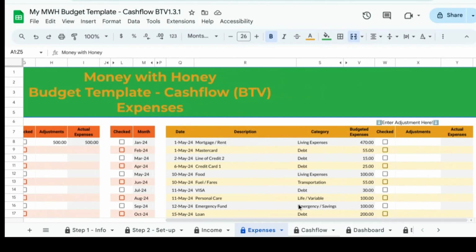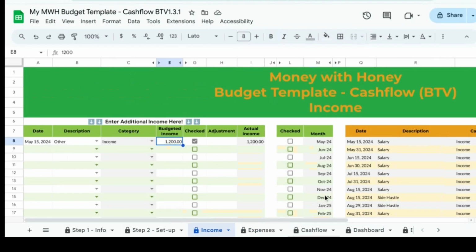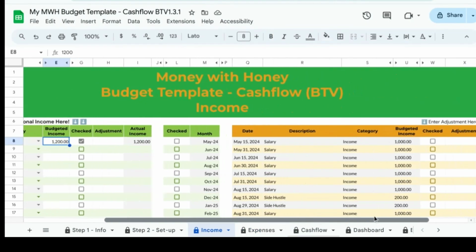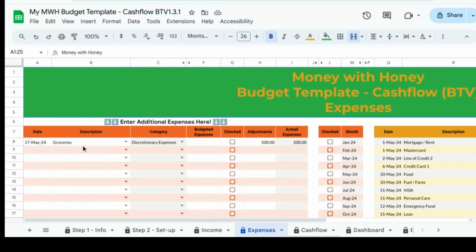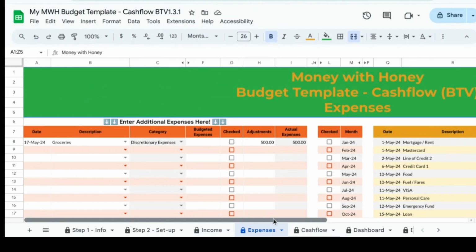So it will just say, okay, yes, I've checked, these are the actual spending that I did. If they're not actually all the same, you just edit them under adjustment. It's the same for the expense sheet, non-recurring expenses or expenses that just pop up. If your expense dates are different than budgeted, you can add them here under actual. When you go over to the other table of